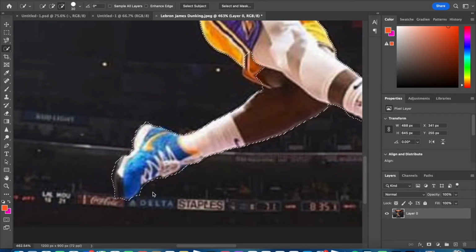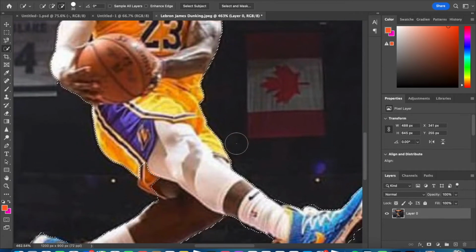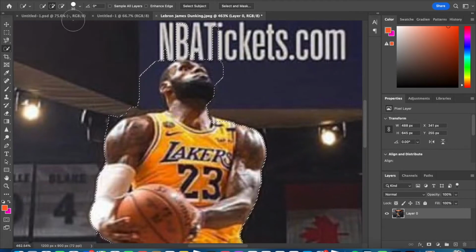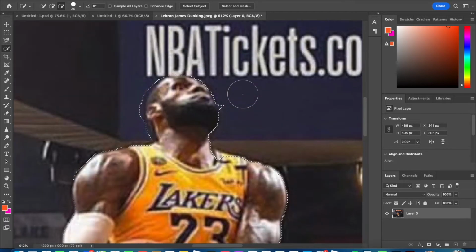So as you can see here, I've made a fairly good outline on his foot. Now I need to make sure I get his actual image of LeBron. So now I've come up to the head. I'm now chopping away, making sure I get rid of the background like that. Because really what I want is just the player. I just want LeBron on the background. Our focus is on the GOAT. So now that I've done that,